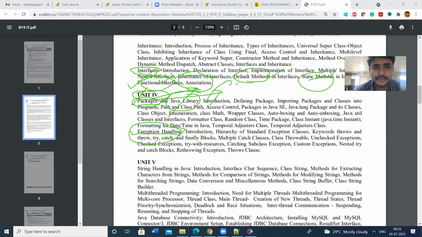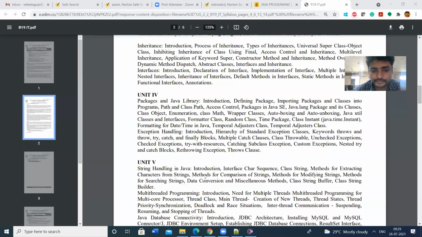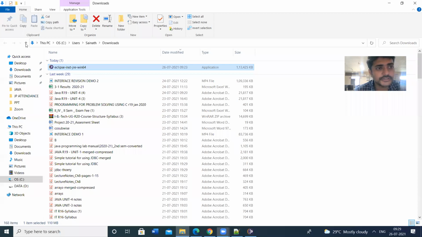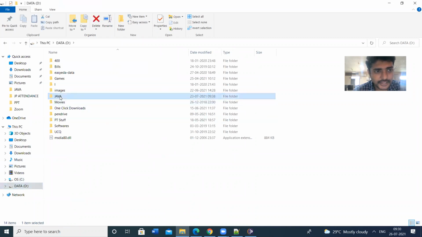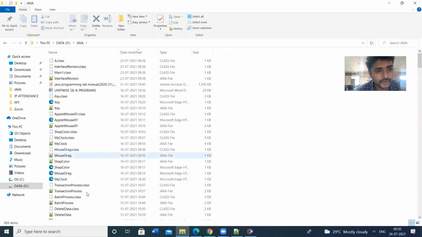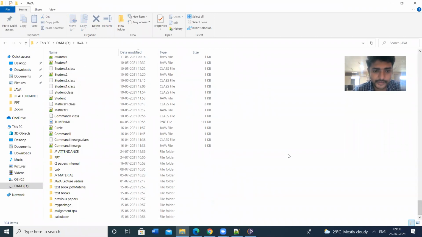Let us have a demo on this. The first step in creating our own packages is to create one folder. Let us go to the folders. I will store the Java programs in the Java folder, so I will create the folder here.